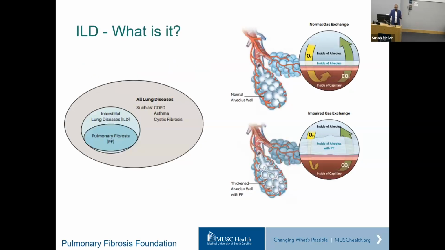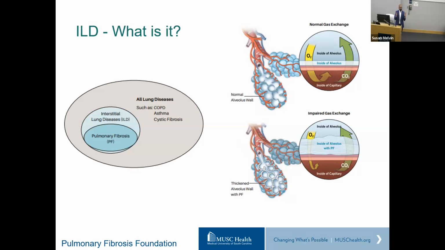All right, ILD, what is it? This is one of the most common questions that I get asked. The framework that I have come up with to answer that question is, it is a group of different diseases that have a shared behavior. If you think about ILD, there are about 200 different etiologies, or 200 different diseases that get clumped into that bucket.